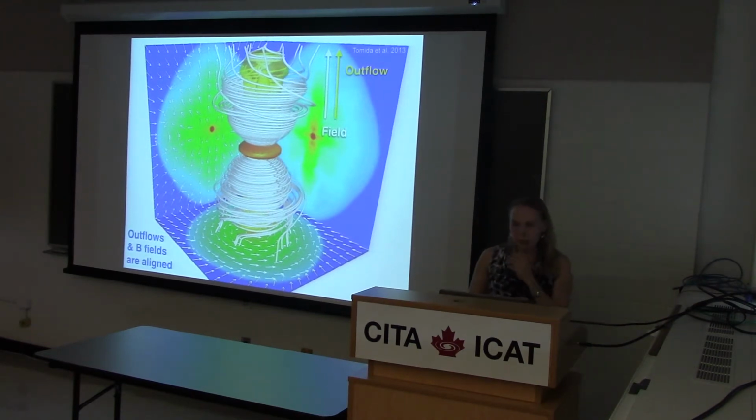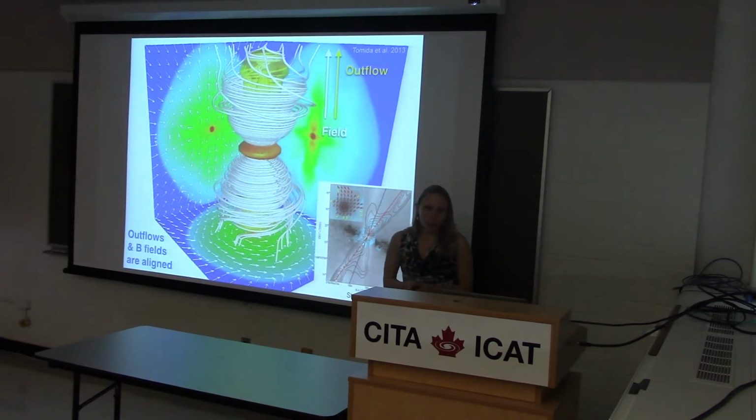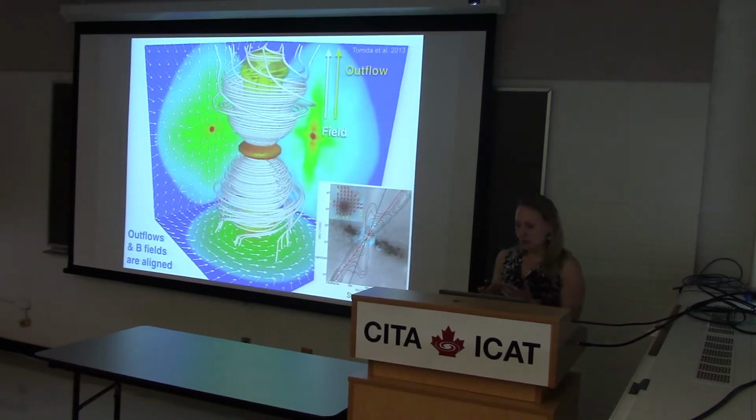All right. Now, we do have some data on scales like this with dust polarization. Here's one example from Stephens et al. 2013. You can see it's very hard to do these dust polarization observations on small scales. You can see this is enhanced, that it looks like the field is fairly well behaved here and is nicely lining up with the outflow. All right, so how does that connect with larger scales?